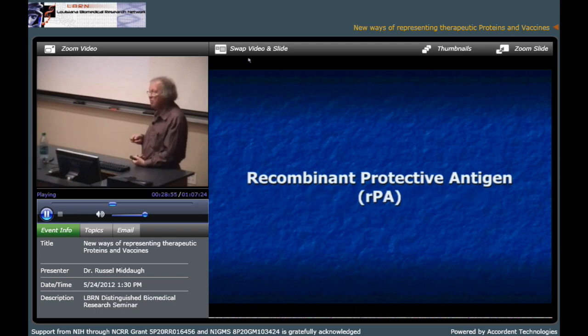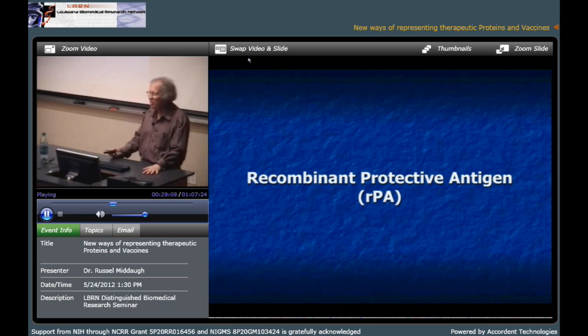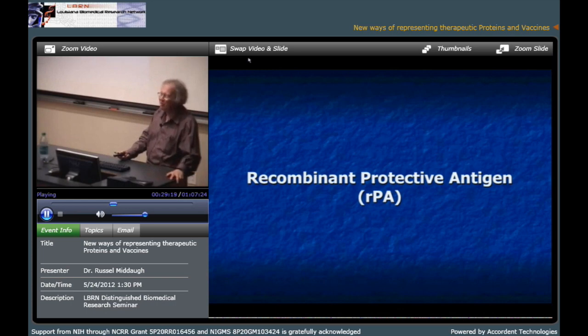Okay, another example. This is recombinant protective antigen, which is the protein used in anthrax vaccines. And you all know about anthrax. There's more money to study anthrax than anything else because the terrorist attack in the U.S. was against, of course, our senators and representatives, and so they took that very personally and have supplied and continue to supply large amounts of money to study this sort of thing, if any of you are interested.